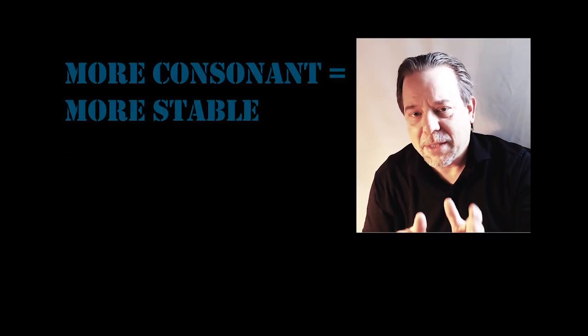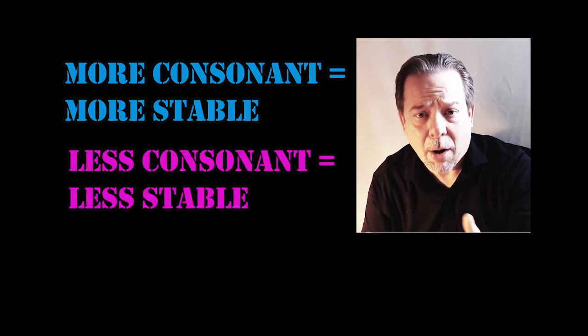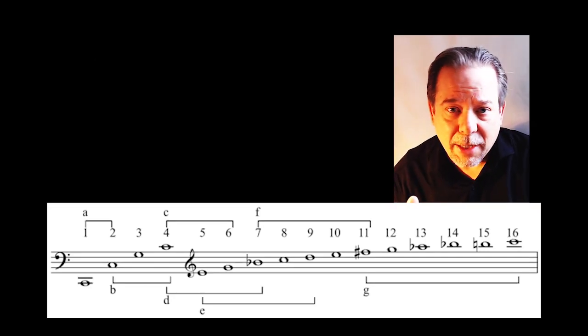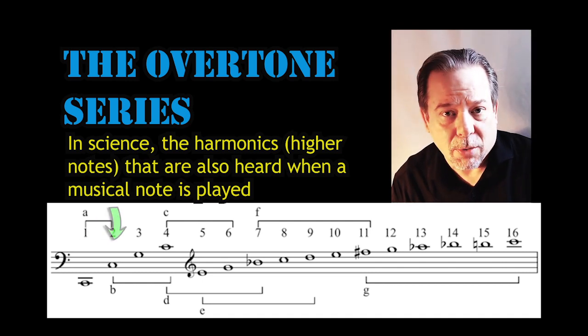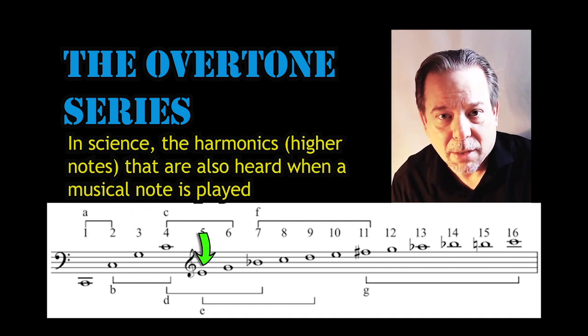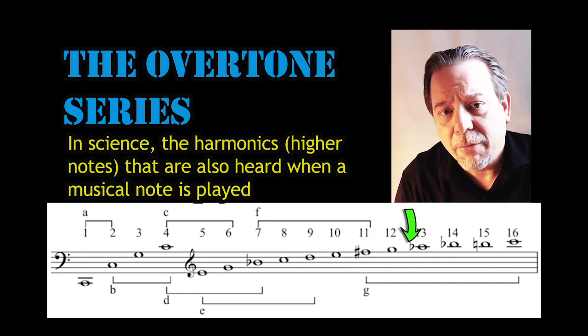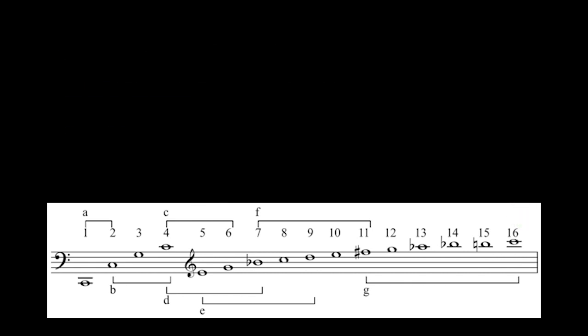Now here's where it gets a little bit tricky. Our notion of stability and instability has a lot to do with how we hear an interval or a harmony in terms of its dissonance or consonance. We base this on the acoustical phenomenon of the overtone series. The lower notes of the overtone series, the lower partials, sound less dissonant to our ears, and the higher up you get in terms of those overtones, the more dissonant it sounds. What that means for our purposes is that the octave, fifth, and third sound the most stable or the least